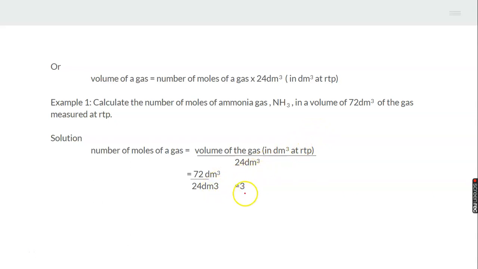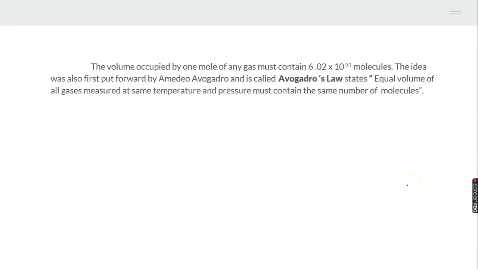So your answer will give you 3 moles. The volume occupied by 1 mole of any gas must contain this. The idea was also first put forward by Avogadro, and the law states: